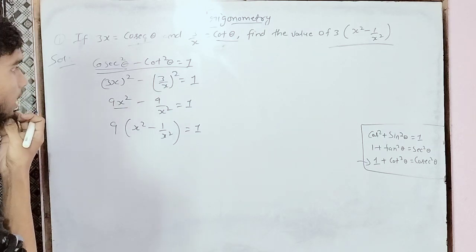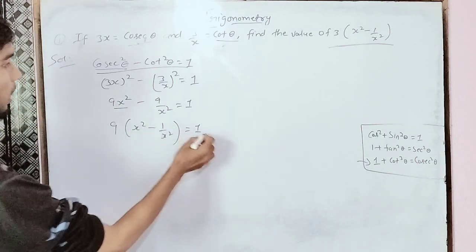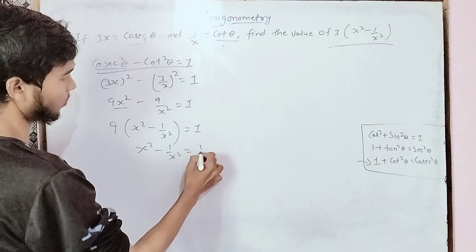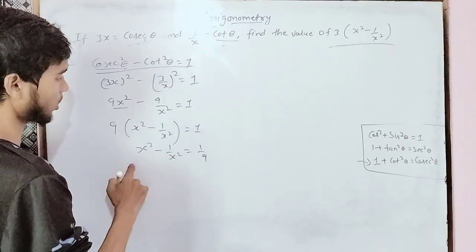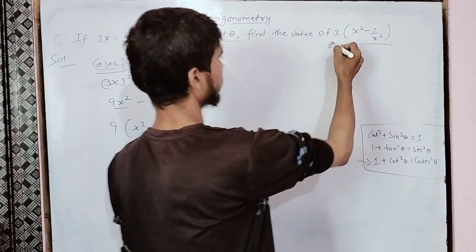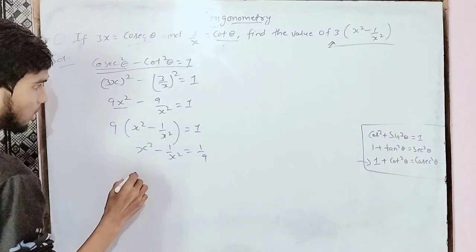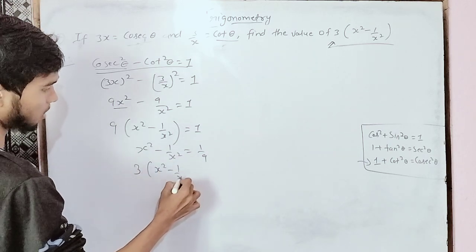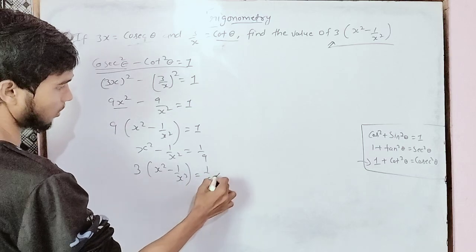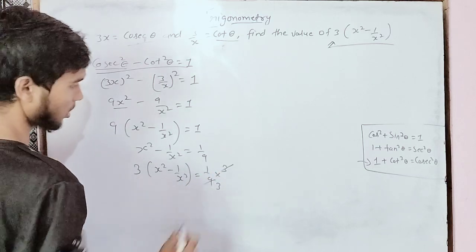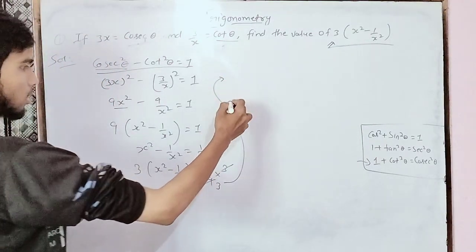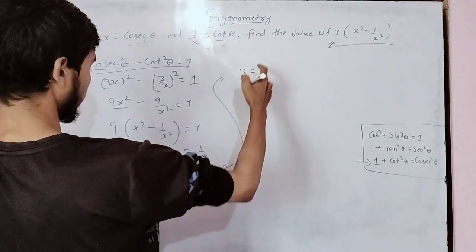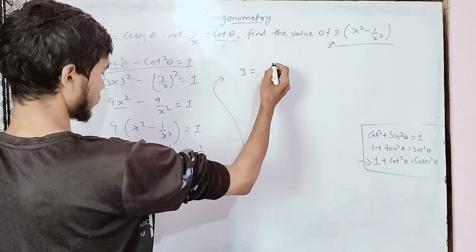What else? We will bring this aside, x square minus 1 upon x square, this 1 upon 9. Okay, so we should have a 3. For 3 we can do one thing, just multiply this 3 on both sides. x square minus 1 upon 9 multiplied by 3, this 3. Clear? Now what will happen? 3 as it is,